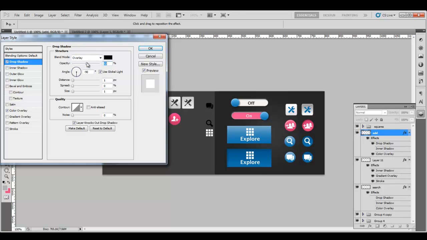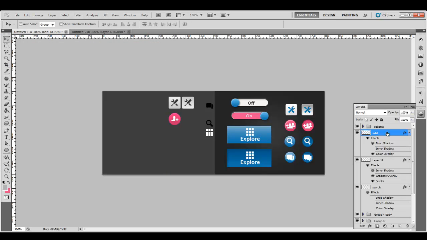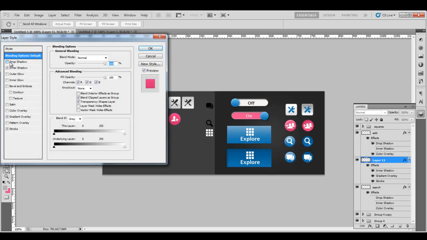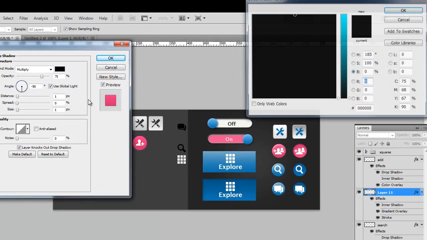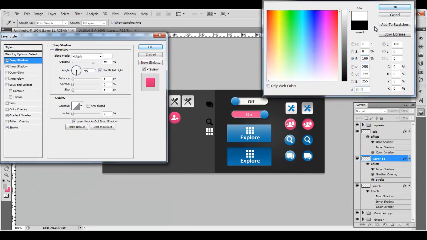So here I would just mess around with the ranges of this, but it seems like 75% is fine. And then lastly, another cool thing we can do, since this is a dark background, we can add a drop shadow to the button itself. So we can do something like a white drop shadow